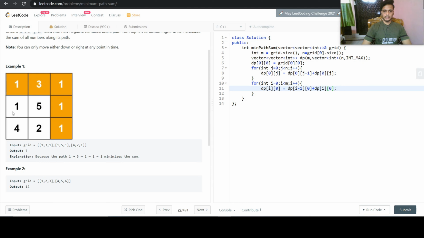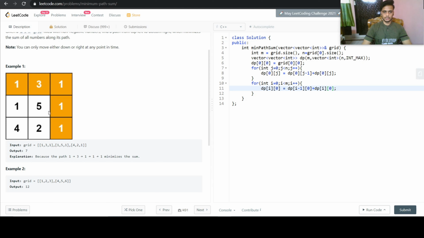So the current block's cost will be the current block's cost plus the previous cost that was encountered for the previous block. So we have covered all these cases.